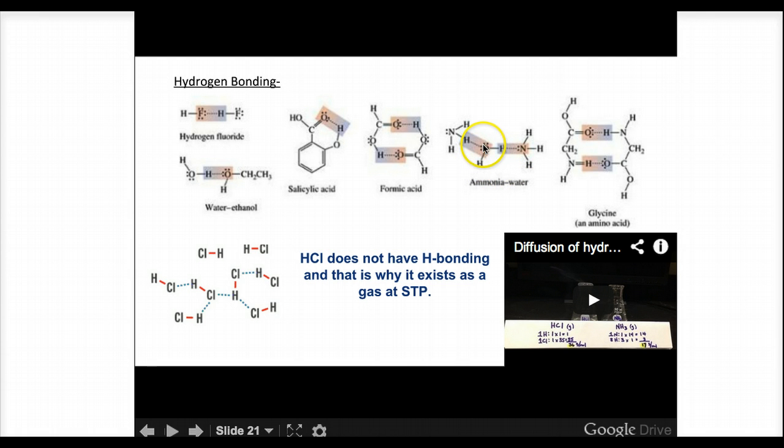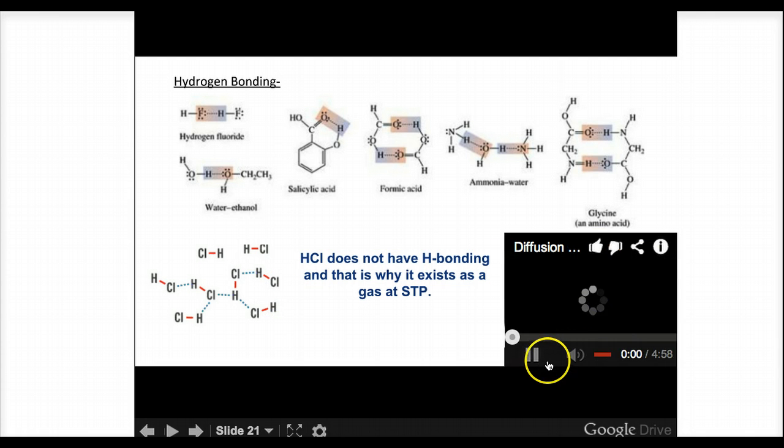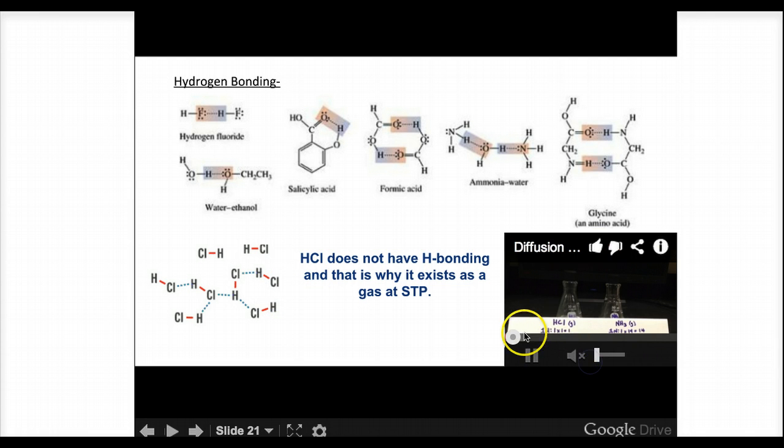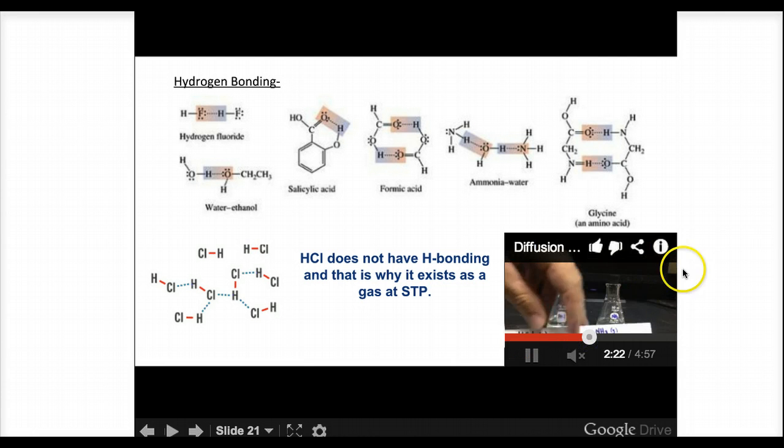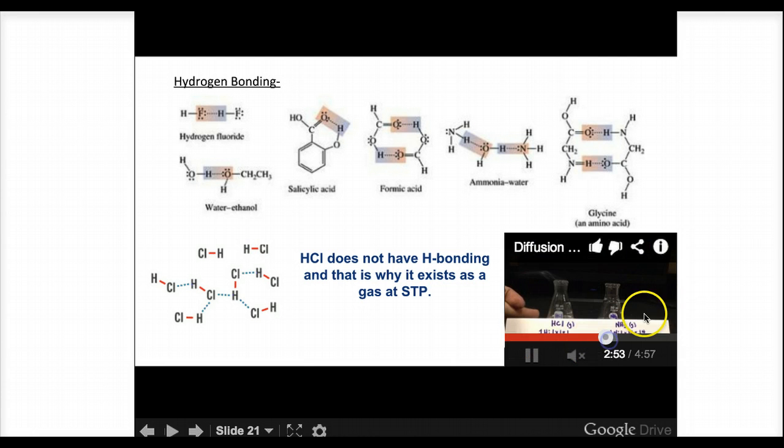The negative part of the water attracts the positive, exposed proton of the ammonia, and likewise, glycine sticks together. HCl does not have hydrogen bonding, and that's the example I showed here. Putting these two together, you can see the smoke that arises from HCl. It's a gas. This is the HCl molecules, and you can see when I open it up,